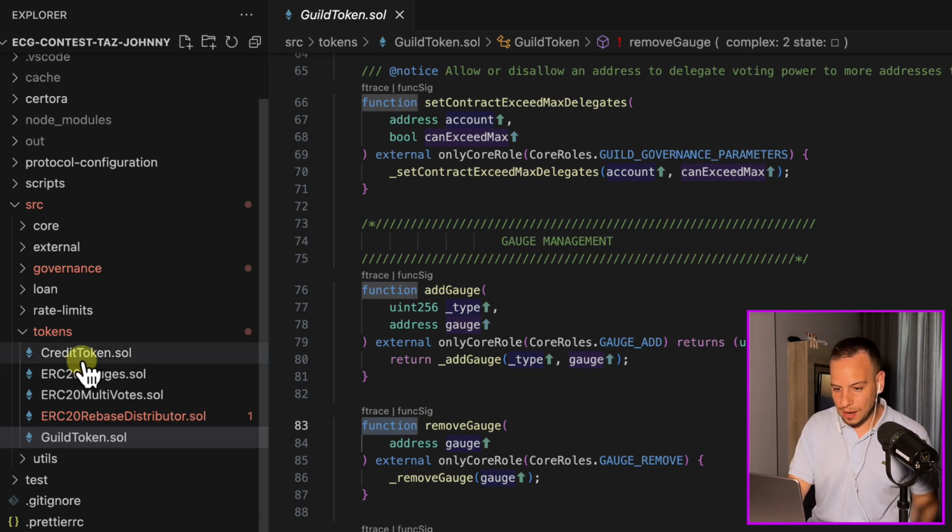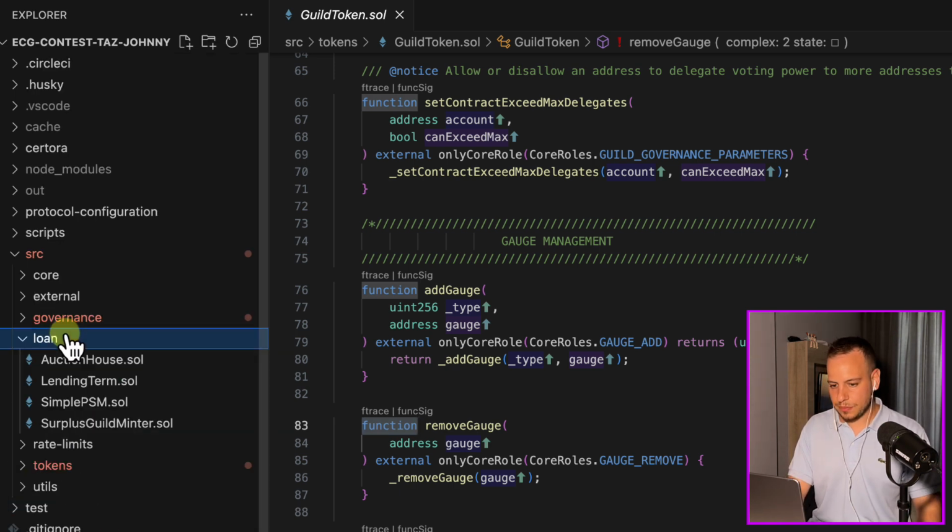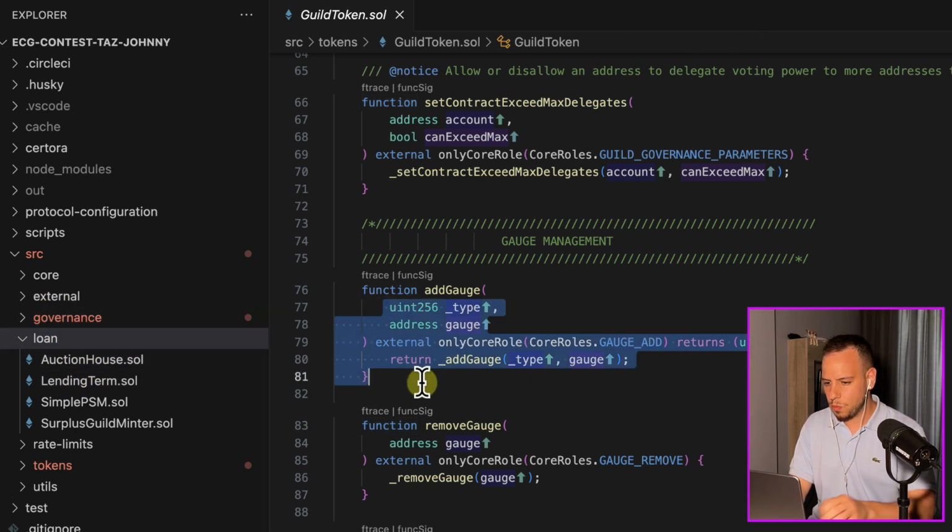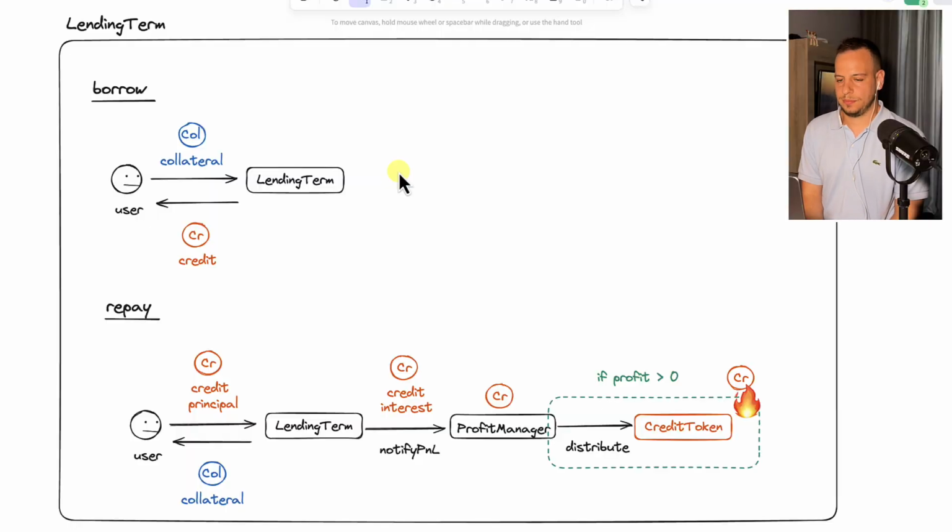Now, what are lending terms? I think before we talk about the governance, let's explain a bit what lending terms are. A lending term, as the name suggests, you're able to lend, you're able to deposit collateral and